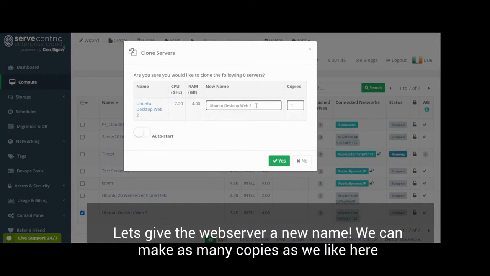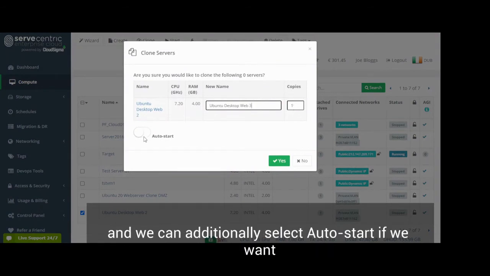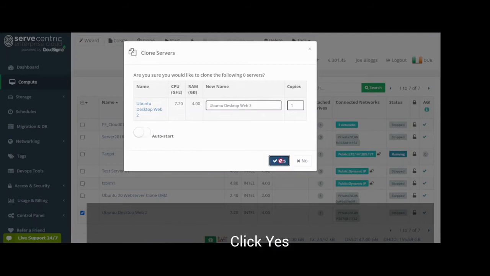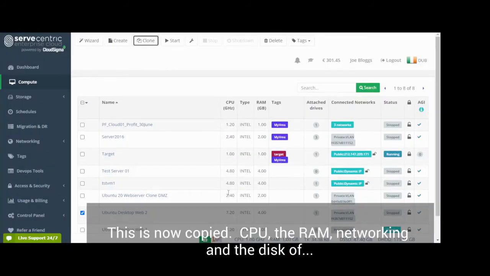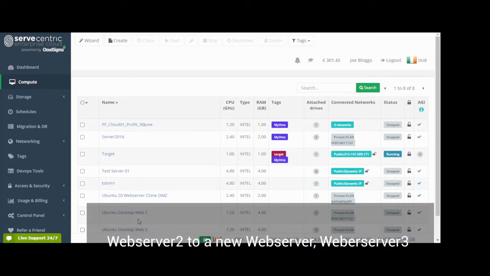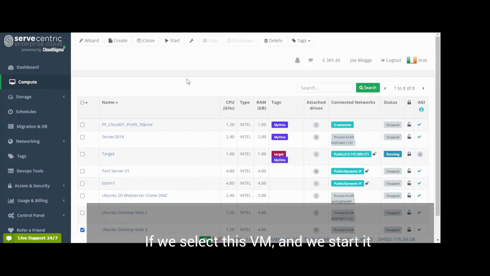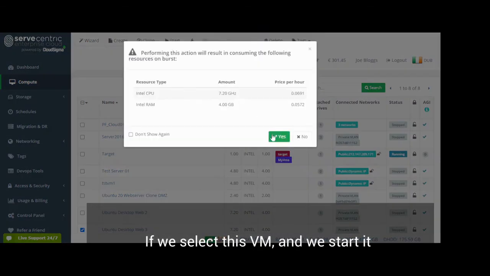Let's give the web server a new name. We can make as many copies as we like here, and we can additionally select Auto Start if we want. Click Yes. This has now copied the CPU, the RAM, networking and the disk of web server 2 to a new web server 3. If we select this VM and restart it,